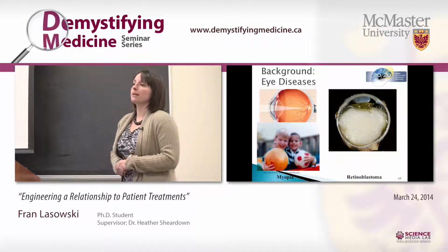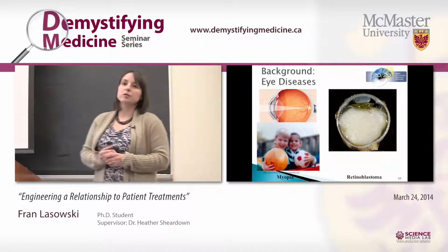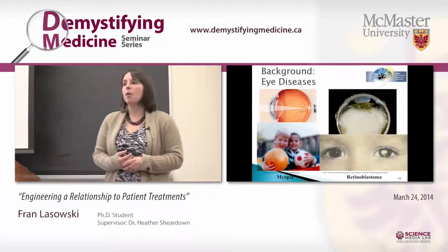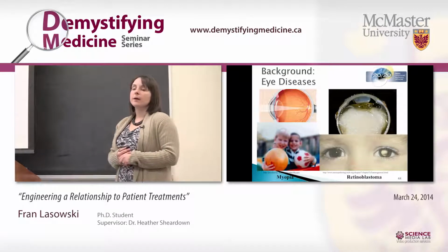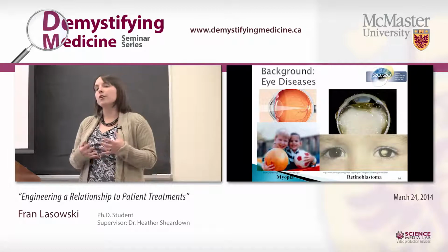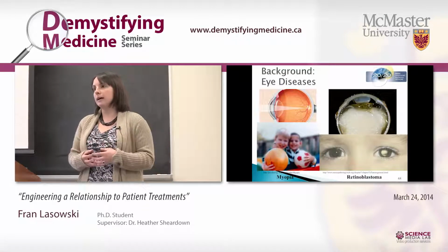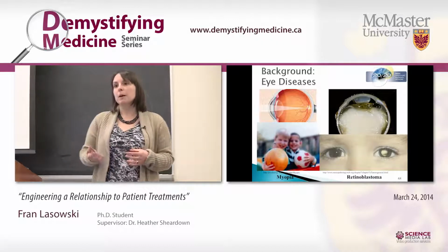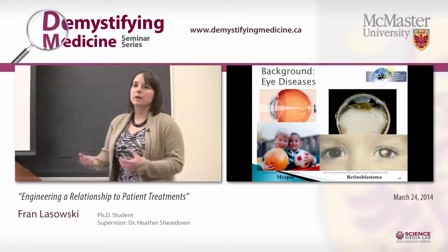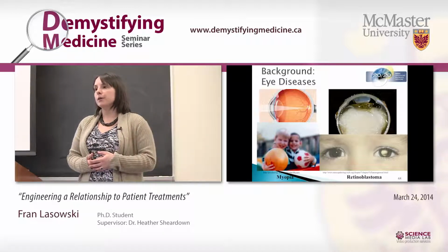And I also looked at retinoblastoma, which is an ocular tumor that often affects children by the age of 3. And it shows up in pictures as a white mark in their eye. And there's a hereditary condition that children can suffer from. And if they have this condition, they're 95% likely to get multiple tumors in both eyes. And so while the treatment for one tumor might be to actually take out the eye or to treat it with traditional forms of cancer treatment, it's not a great option for these children who we know are going to